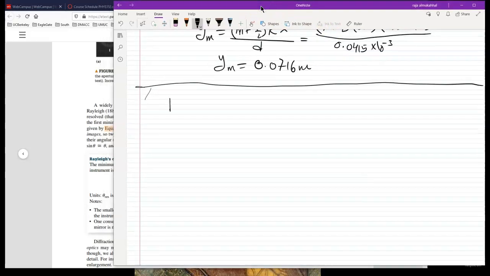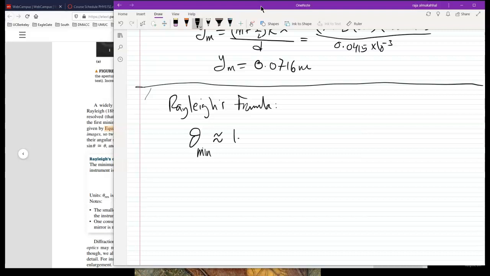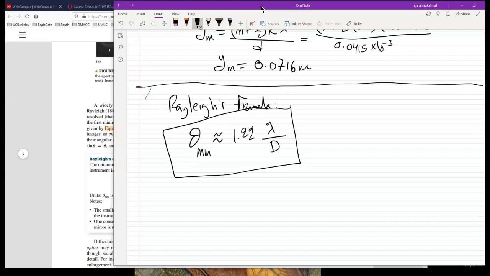So we'll say it's Rayleigh's Criterion formula. It's basically theta min is almost equal to 1.22 lambda over d. Okay, that's what it is. Now, what is lambda? Okay, you know what lambda is. It's basically the wavelength of the light that I'm dealing with. Okay. For example, I'm looking at,